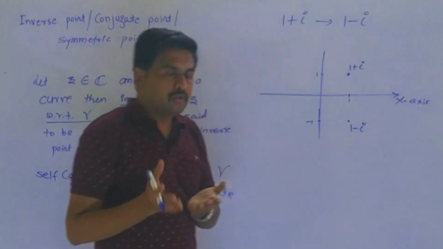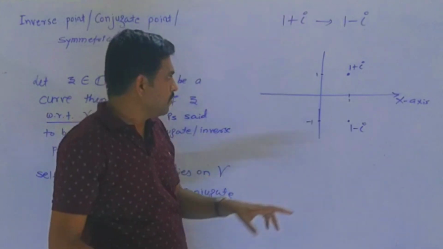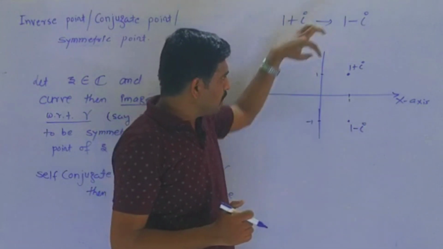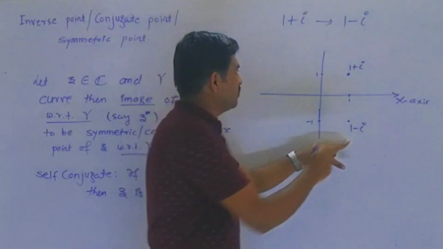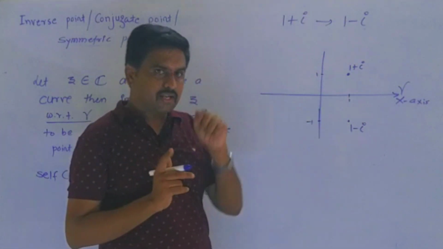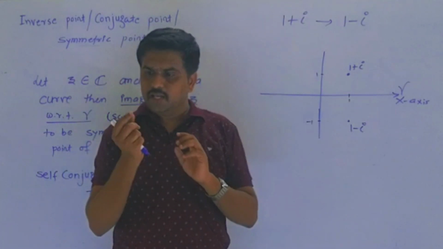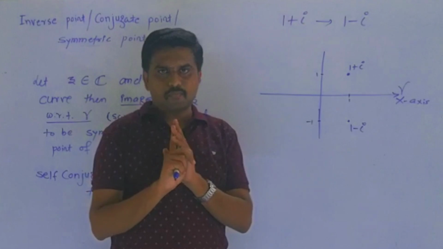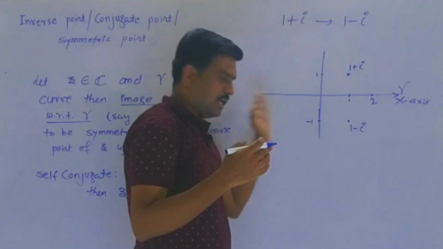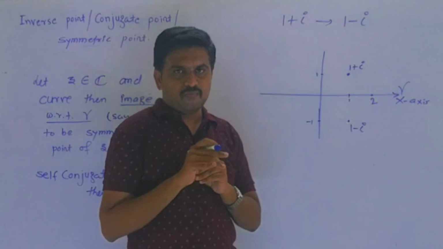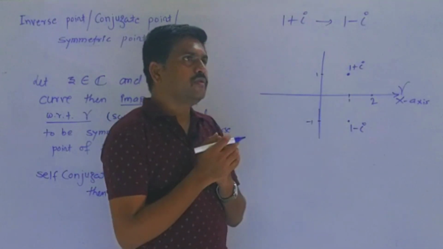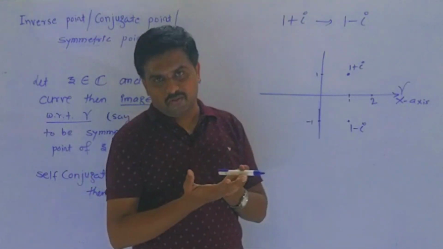By default, maybe you don't know, but you use this concept of the mirror as the x-axis, or gamma as the x-axis, and that's why the conjugate of 1 plus i we get is 1 minus i. This symmetric point with respect to that curve, this plays the role of gamma, the x-axis, right? And second, self conjugate: if a point lies on the curve, then it is self conjugate. So obviously if I ask what is the conjugate of 2, I take any number on the real line, your obvious answer is 2. But why? You know real numbers are self conjugate, right?